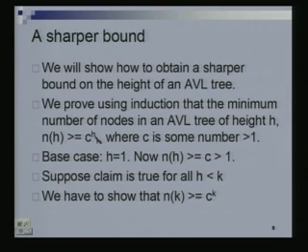It should not be c to the h, but maybe c to the h minus 1. So the induction hypothesis should be c to the h minus 1. If we take k c bar h, it will include that case also. So 1 by c is also constant. Let's just take c to the h minus 1. It will not make a difference. Essentially I am dividing out by c. Then the base case would also be satisfied.